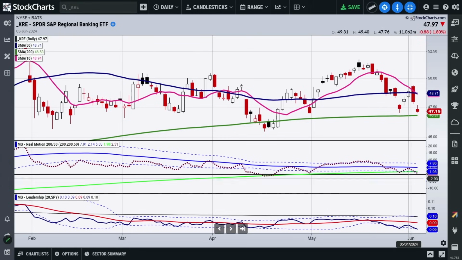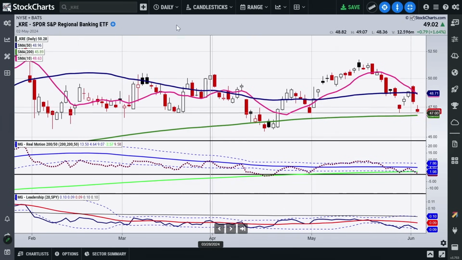Now, in momentum, we can see a bearish divergence here as we're looking at this underneath the 200-day moving average in momentum, while it's above it on the price. So the momentum could be foreshadowing more weakness to come along with everything else, or it could be telling us right now that the momentum is actually worse than the price action. Where would I get friendlier to this? Again, like I showed you with IYT, this would have to be a little bit higher up. It would really have to get back over 50. And you can see that this is well underperforming in terms of the leadership against the SPY.